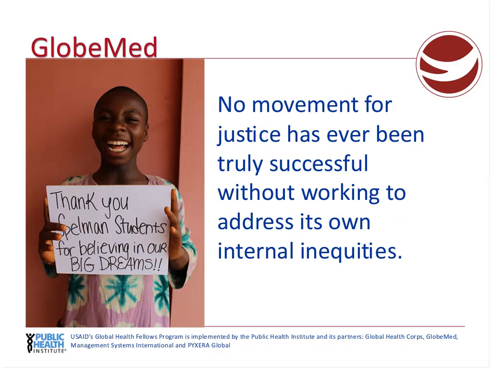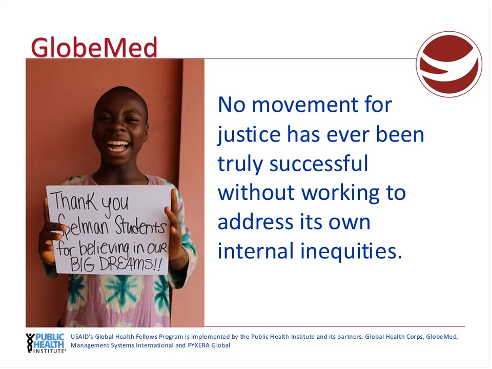through the network. And we really are doing this because we believe that no movement for justice has ever truly been successful without working to address its own internal inequities, from the women's rights movement to the environmental movement, and really every movement you can think of.